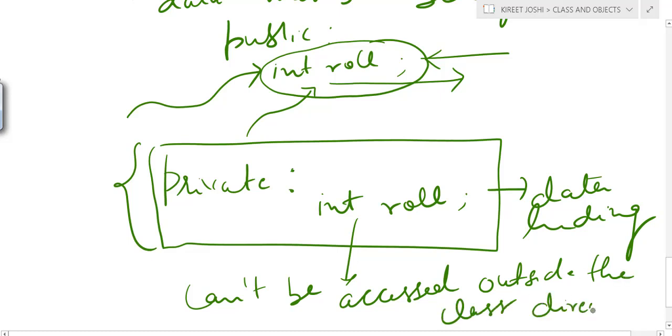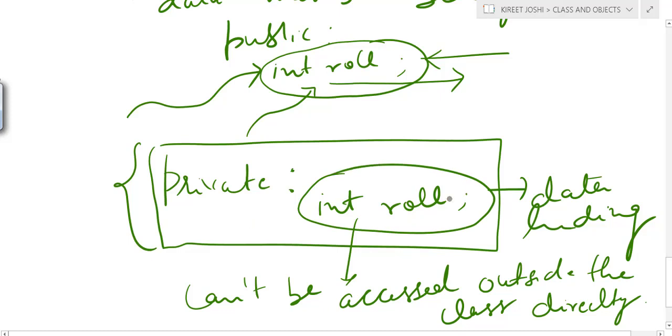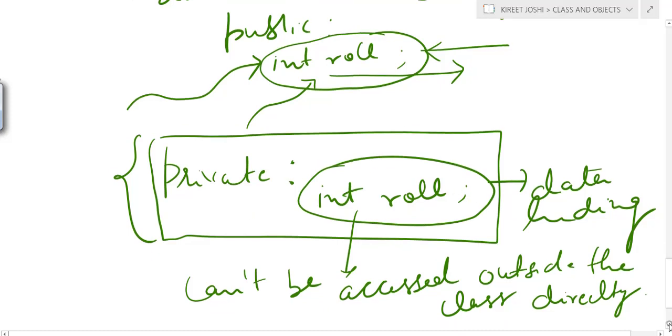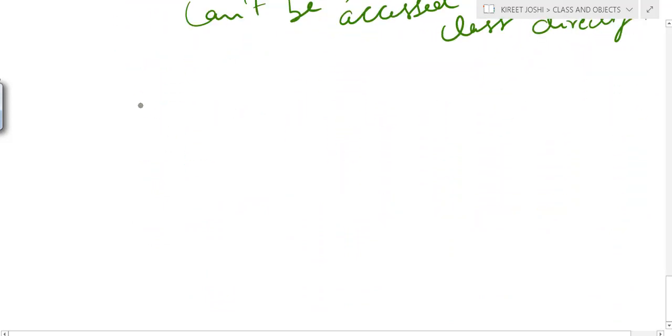So you have to remember that we can't access this roll number directly, but we can access this roll number outside the class with the help of an interface that we will be defining in the public section.